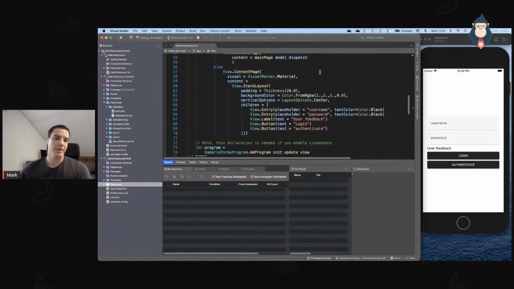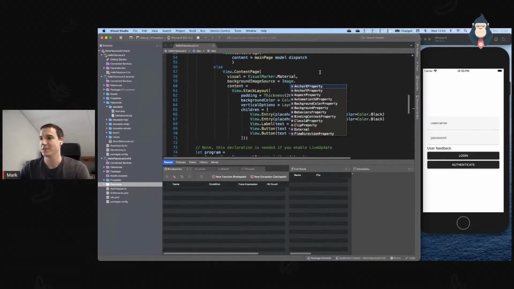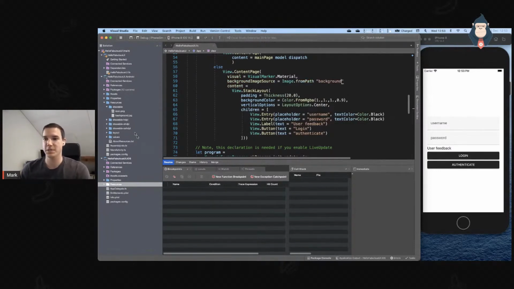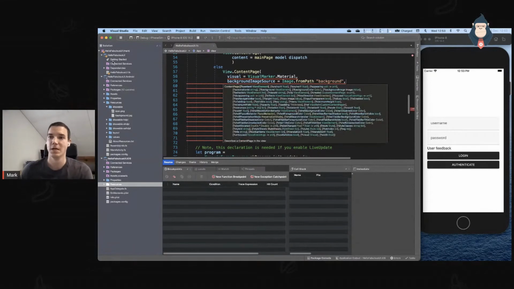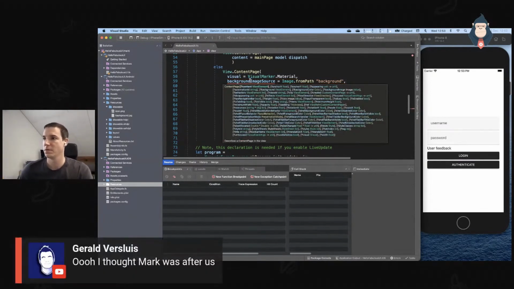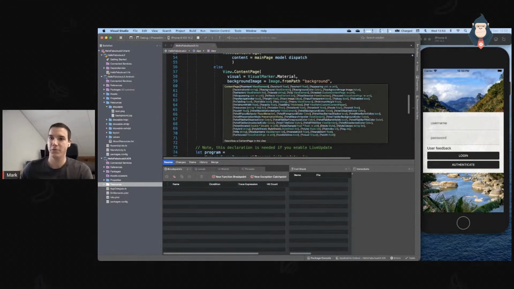And one thing that makes a UI instantly better is some nice images. So let's just go ahead and add this background image to this thing. Now, this image is actually here in the resources. So, oops, forgot a comma. See, IntelliSense works. So typing would also work. Okay, so this image I already put into the app.